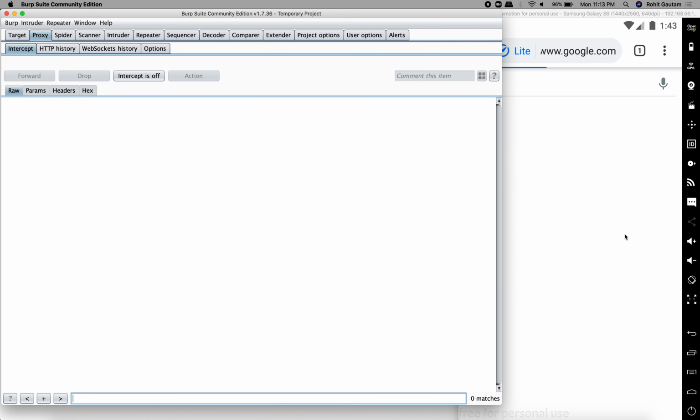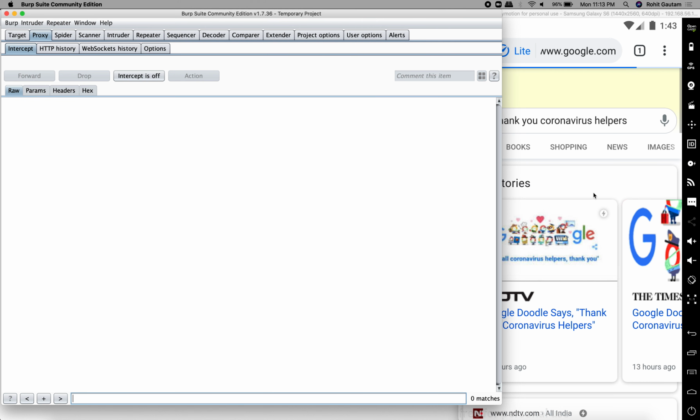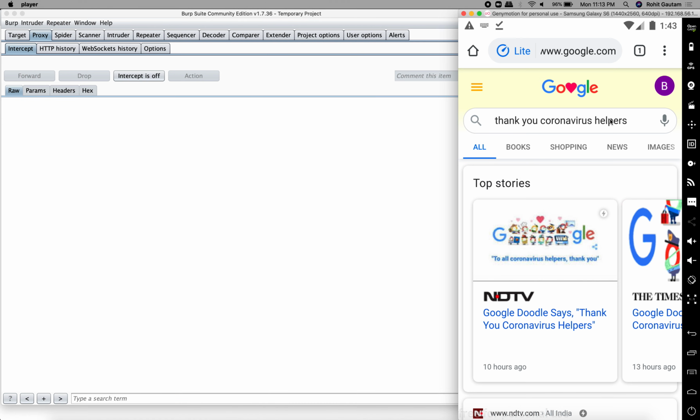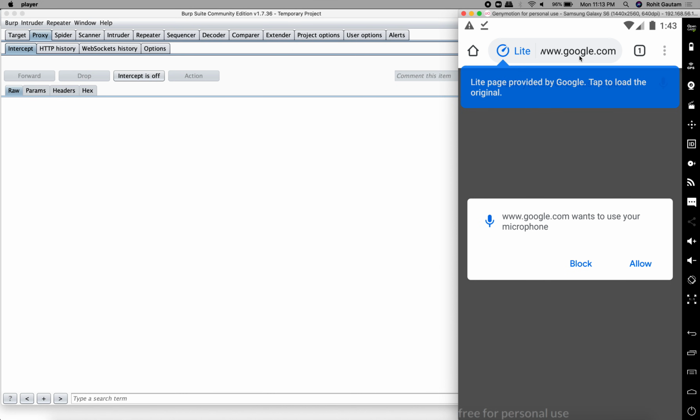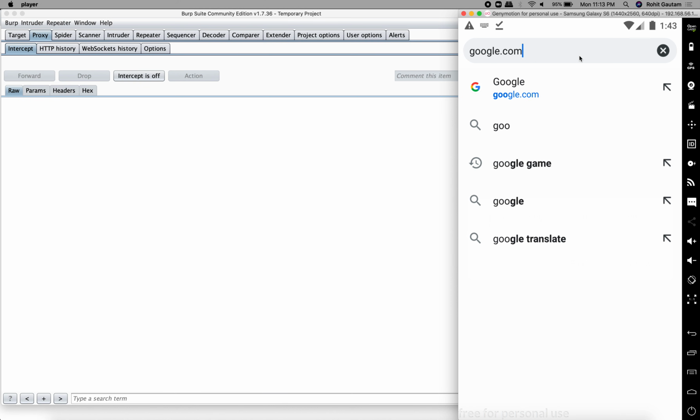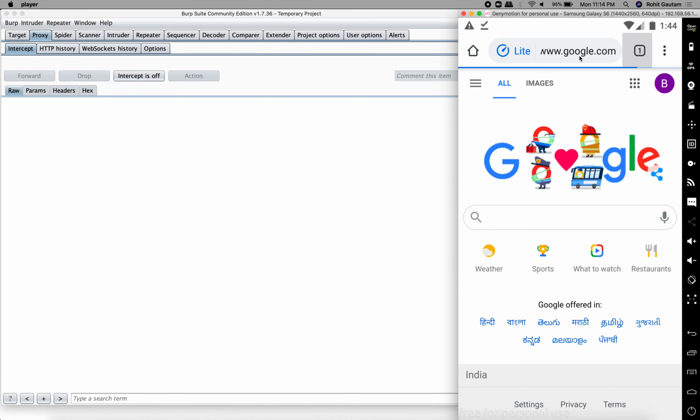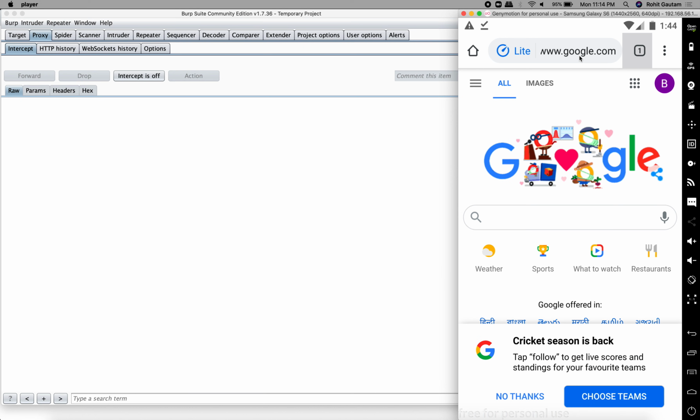Now the most important part is doing SSL pinning bypass. That is very, very important for us. So now what we are going to do is we are going to choose Xposed module, which is going to help us bypass this. I consider this as the easiest way, and it has given the highest success rate. So 99% of the applications you can do SSL pinning bypass through this particular method. I have done SSL pinning bypass for all the major applications like Facebook, Instagram, Twitter, and LinkedIn, and it works perfectly fine.